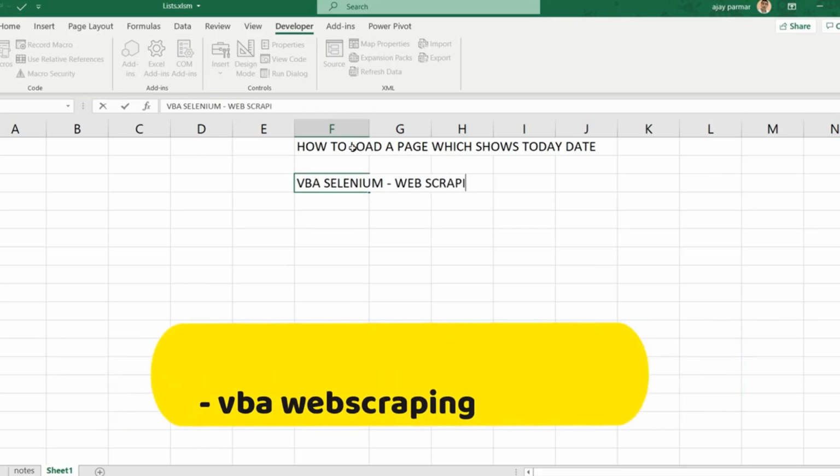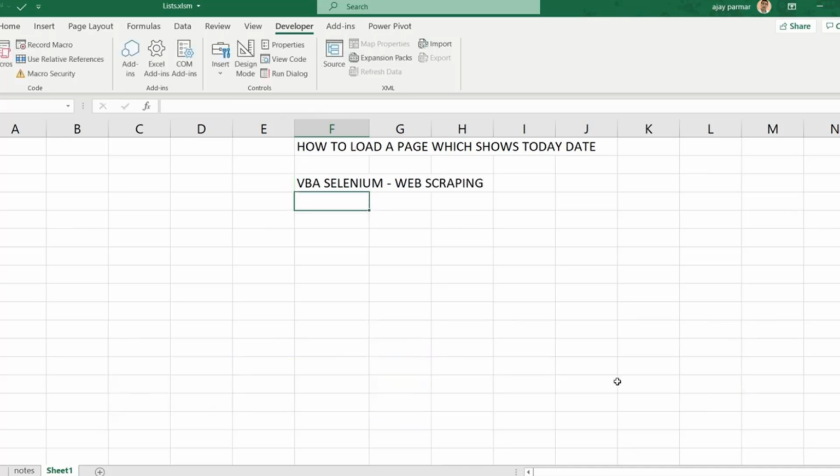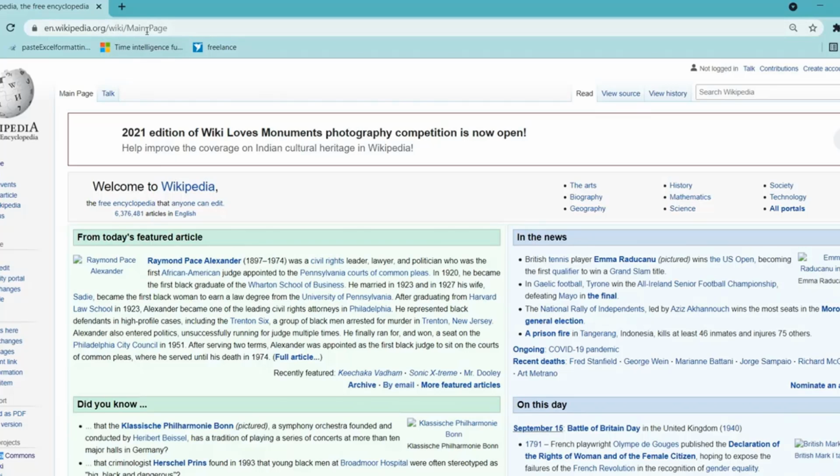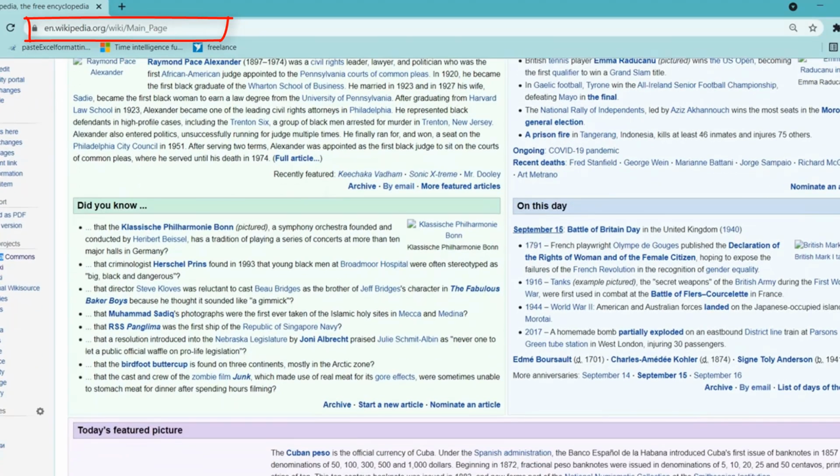So let's take some website example. Suppose this is your Wikipedia main page. On this main page, every day we have different updates for that day. Like today is September 15, right? Tomorrow it is going to be September 16. Now how can you make sure that if you load this page, it always takes you to the right page,